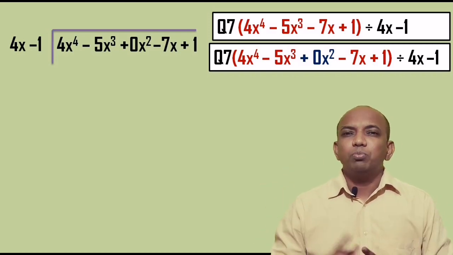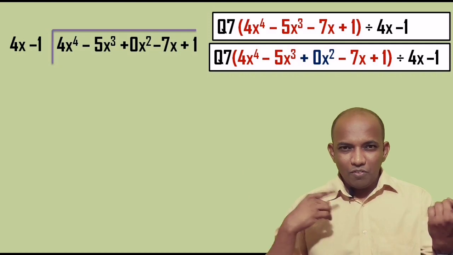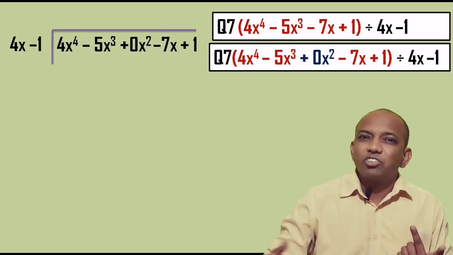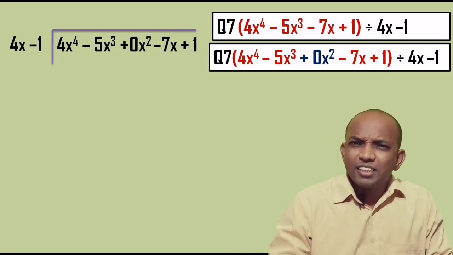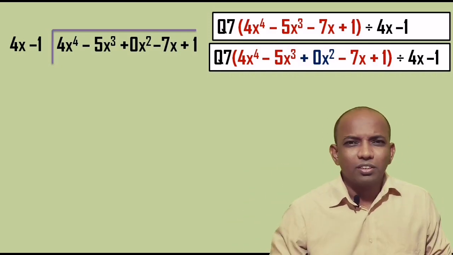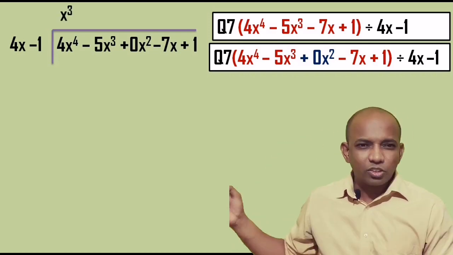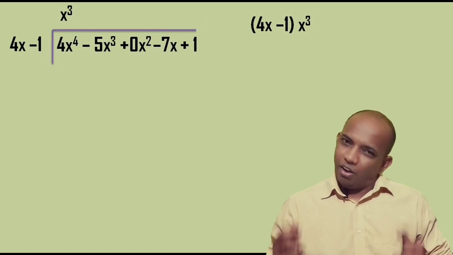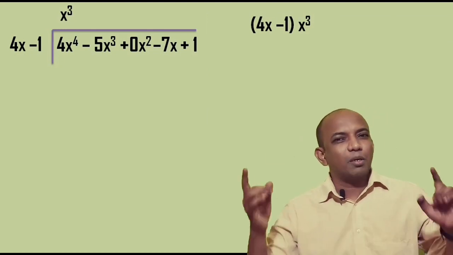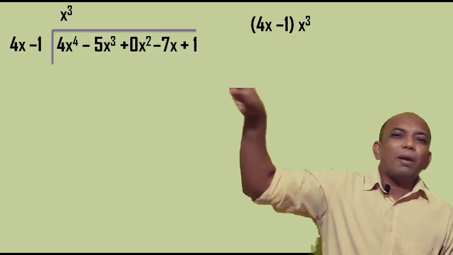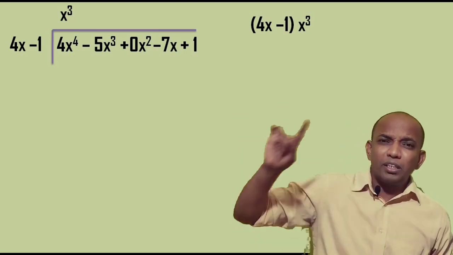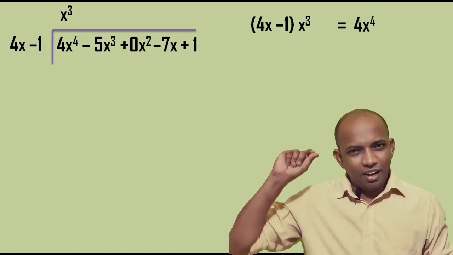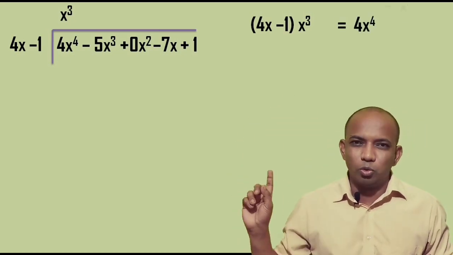So check the difference of the power between the variable. We have x and we have x raised to 4. So how many x are extra in the dividend? There is a difference of 3. So we can say x cube can be written in the quotient. That x cube and 4x minus 1 will multiply each other. As a result, what do we have? Of course, we have to carry out the multiplication by the fountain method. X cube will multiply with 4x, and again x cube will multiply with minus 1. So as a result, we have 4x raised to 4, and then we have negative x cube.